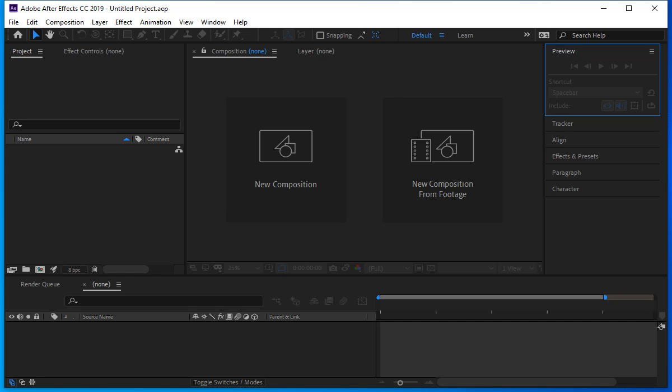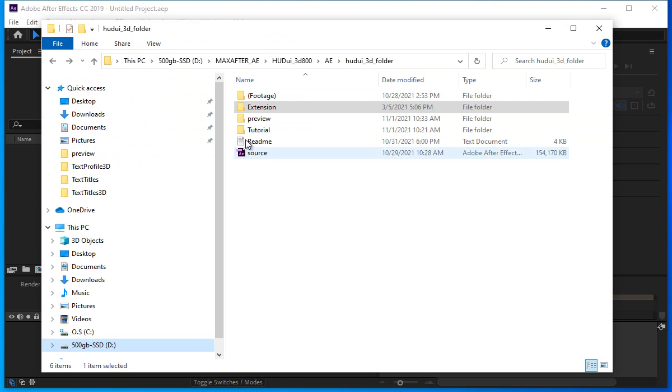Let's start the tutorial. Right, first things first, when you download the folder, this is how it looks. It has the extension, footage, preview, tutorial, and all these things. Now, first, of course, how do you install the extension? For that, you need to go to